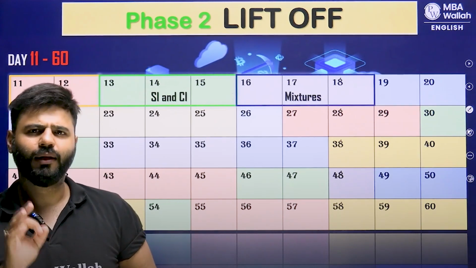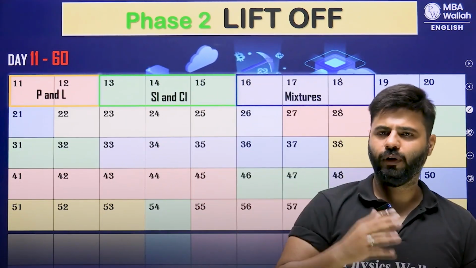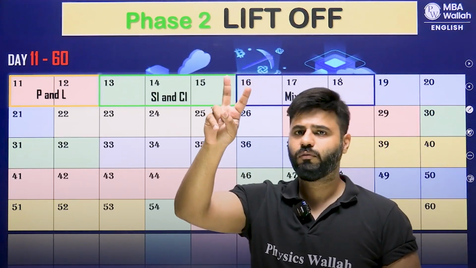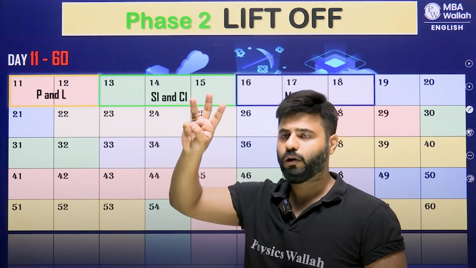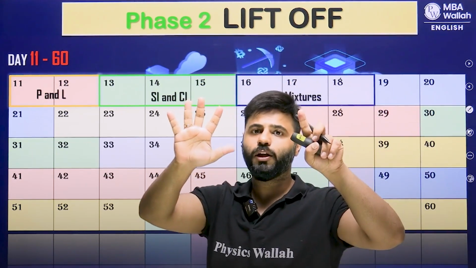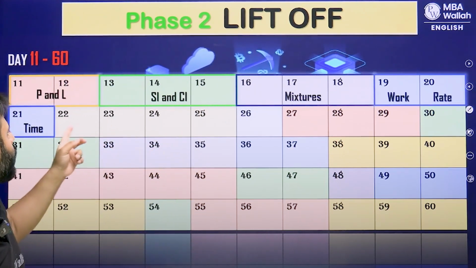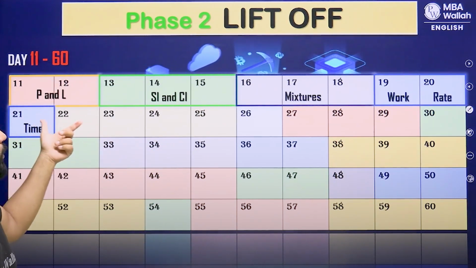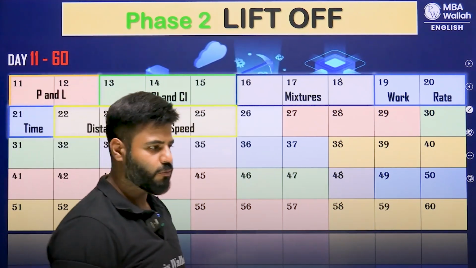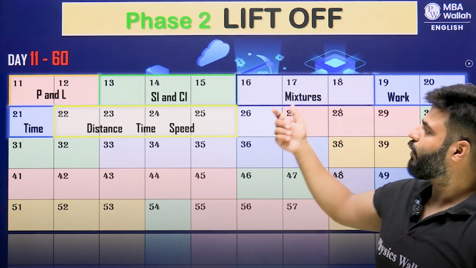And by that, you know how many questions you have covered in the CAT exam. If I take into account the last 5 years' papers, then one from percentage, one from ratio, one from profit and loss, one from SI-CI for sure, one from mixtures, and one from removal and replacement. 6 questions you have covered so far. Then you jump to work, rate, time, 7 questions, because one will definitely come from here. And then the next 4 days for distance, time, speed, 1 question definitely from here.